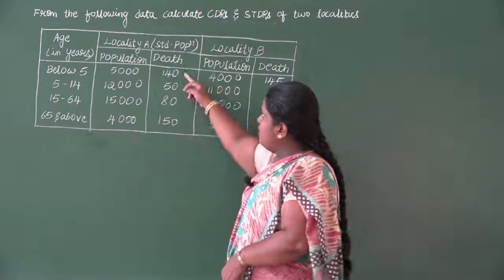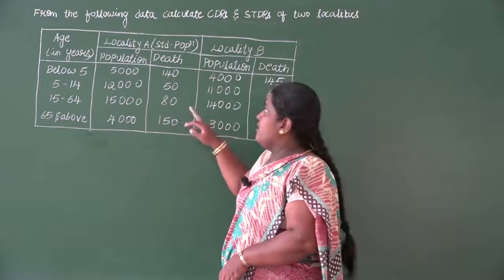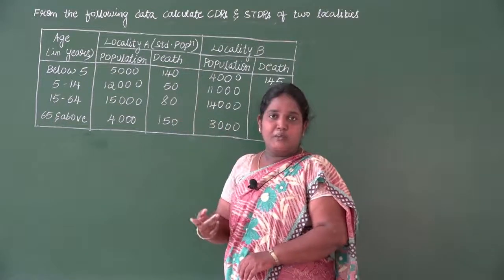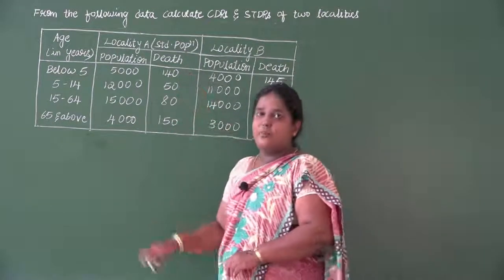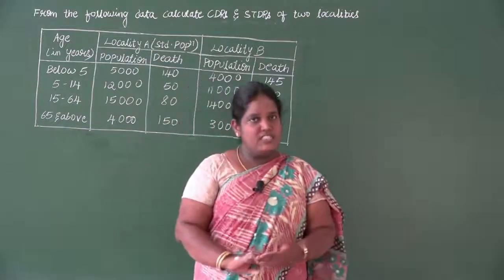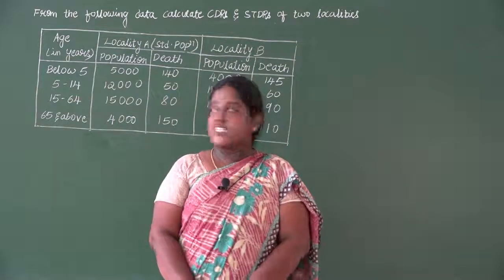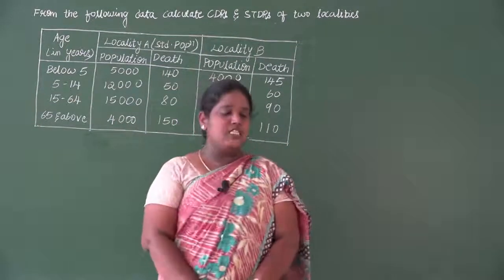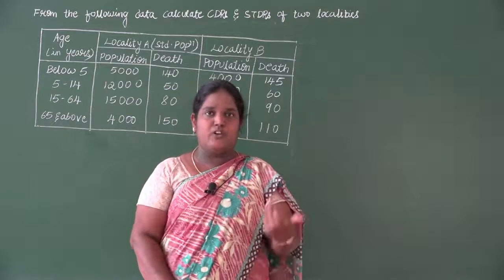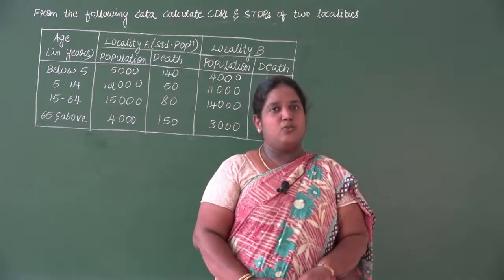You might not get the same numbers as I said when we are doing the PA values, 140, 50, 80 and 150. But since we will be getting decimal numbers, you won't get this exact number. Even then the answer will be the same, don't worry about that. If there is any point variation, no problem. You have to get the answer for locality A as 11.66 and for locality B as 13.59. Just check whether you get that answer.